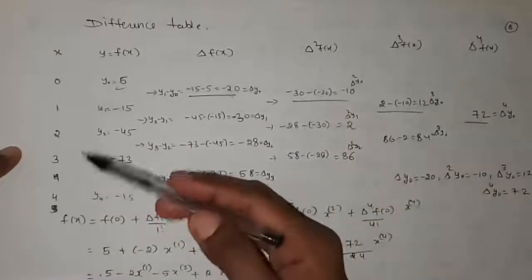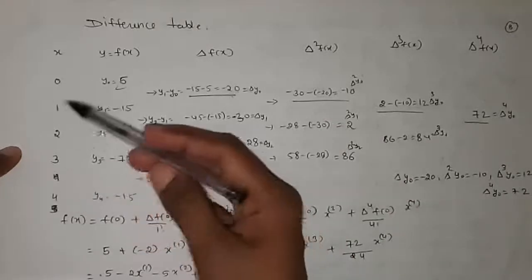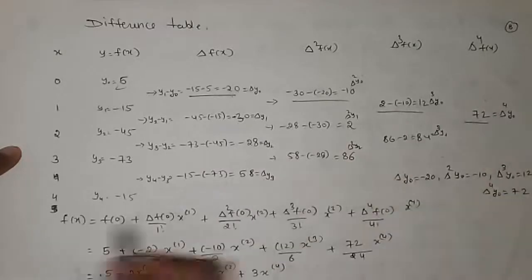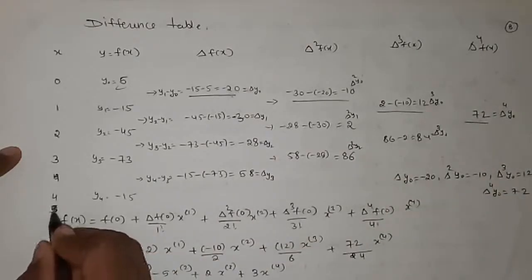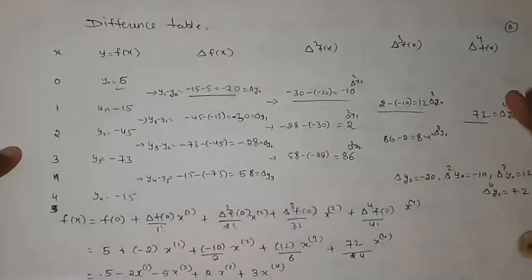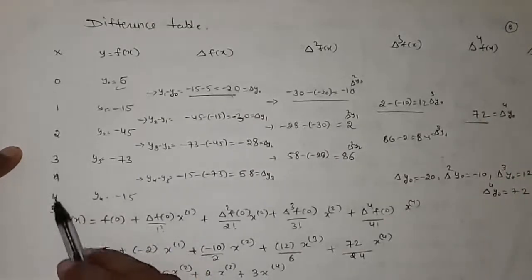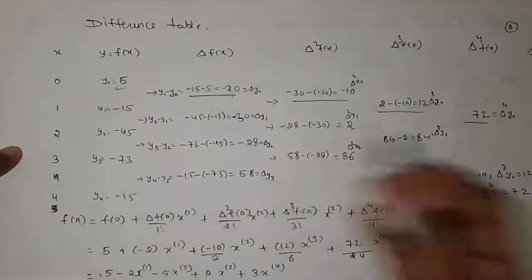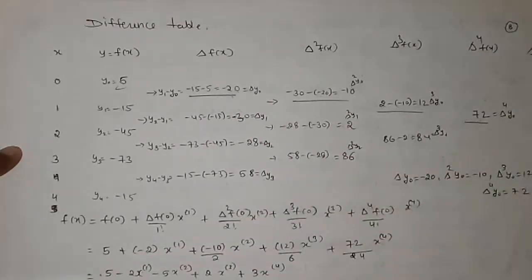So if I select values as 0, 1, 2, 3, 4, then I will get delta 4 f x as some value. If I choose one more value, that is x is equal to 5, then on doing calculation, delta raised to 5 f of x, I will get as 0. So it is okay if you are selecting values up to 5, 6 and 7, then also calculation becomes more, but the answer remains the same. So we have to remember, if we have a polynomial of degree 4, then we will select 5 values starting from 0. So 0, 1, 2, 3, 4.